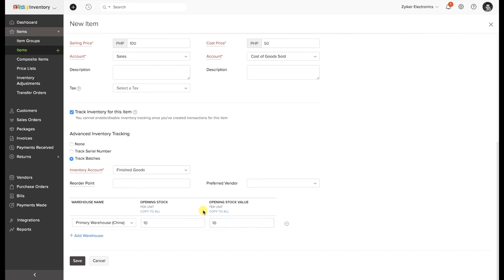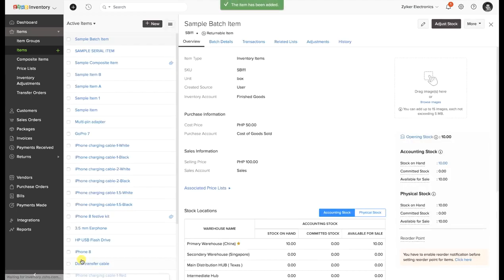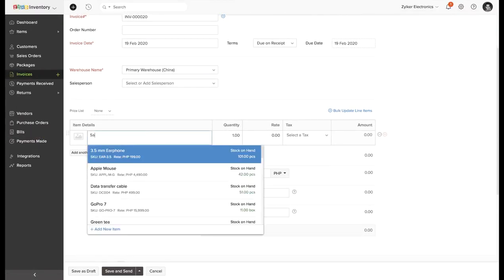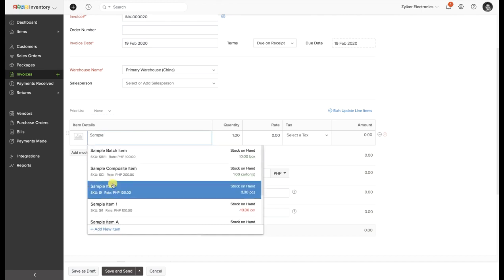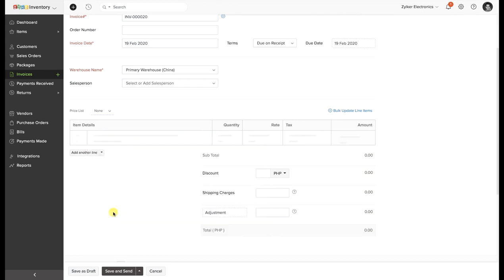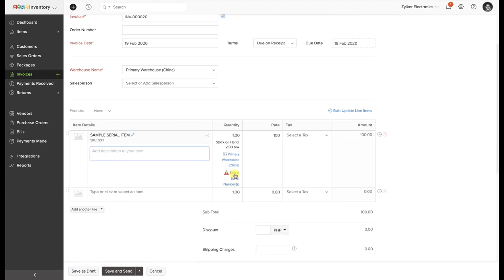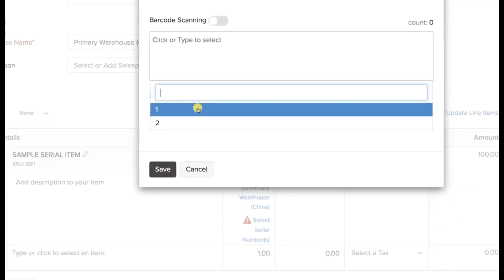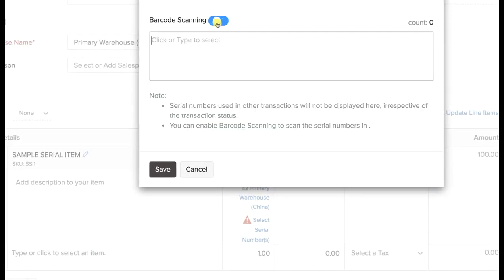If you are raising an invoice for items which have serial numbers, there are a few additional steps that need to be done. The moment you add a line item with serial numbers enabled, you'll be getting an option to select the serial numbers for the units that are being added to your inventory. Selecting the option will open up a dialog box where you can either manually select the serial number or place the cursor on the empty field and scan the serial number of the item using a barcode scanner for the